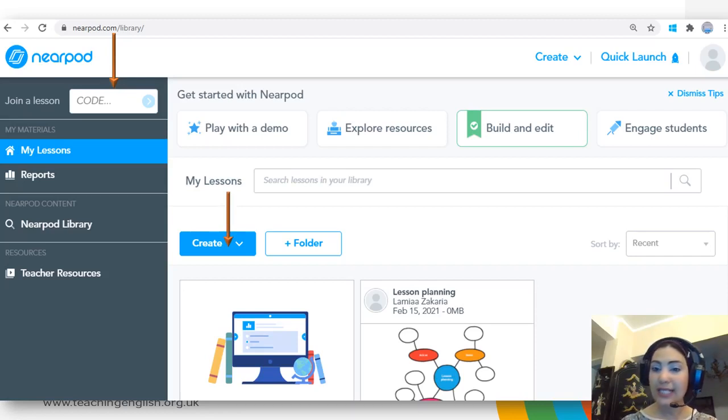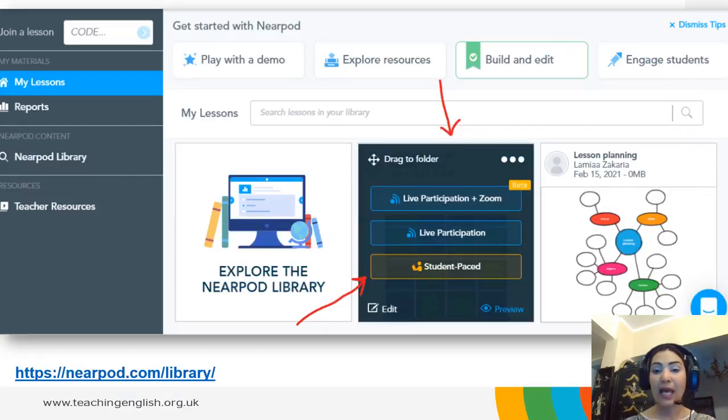Okay, but you as a teacher, you would use the create button. Now I created my own activity. How can I share it with my learners? When you create an activity and you just stand by the arrow on the activity, you're going to find